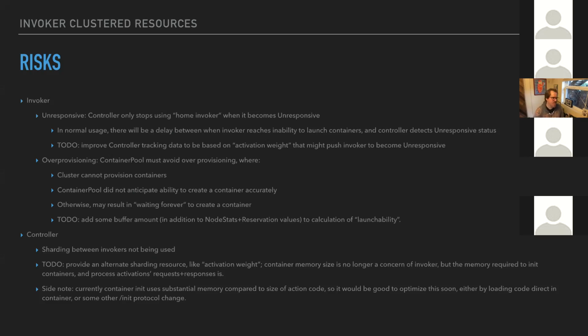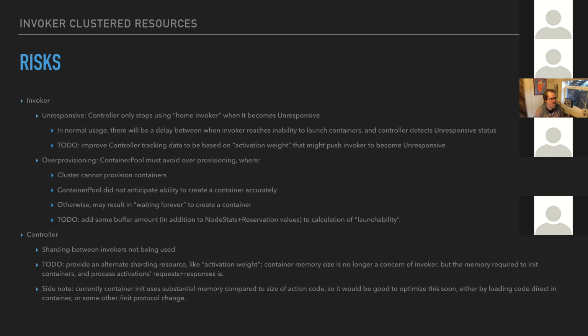And the other case where it becomes unresponsive is more of just a process heap starvation, where if it's launching hundreds or thousands of containers at one invoker, the initialization of containers, depending on the size of the action and all this, can really affect the heap. And so being able to increase the responsiveness of the invoker state going from healthy to unresponsive will be another kind of optimization that needs to be made to make this work better.